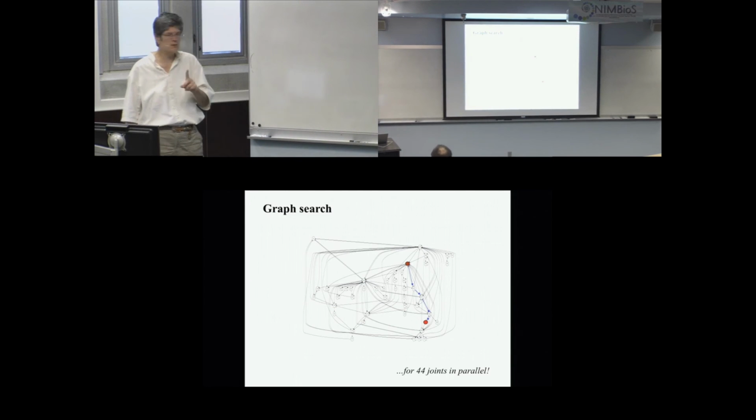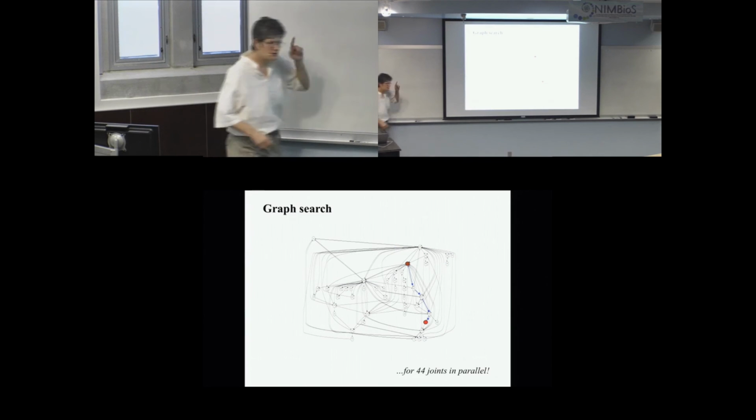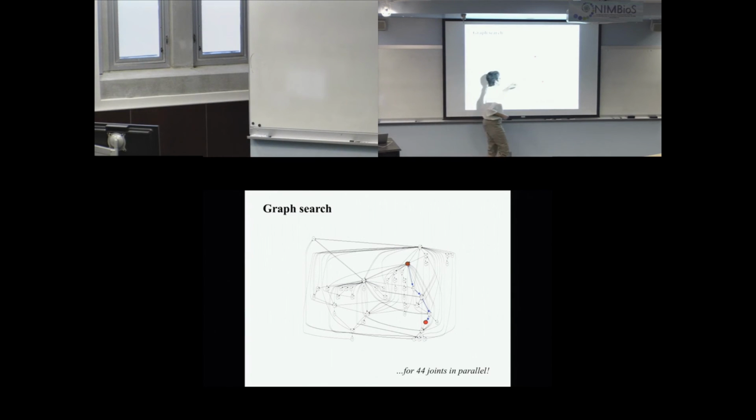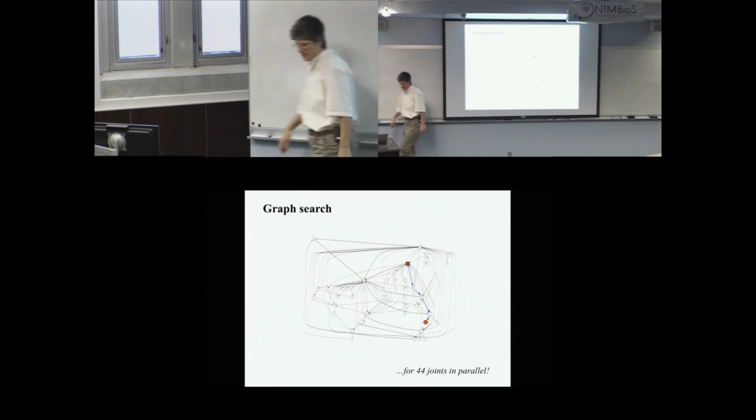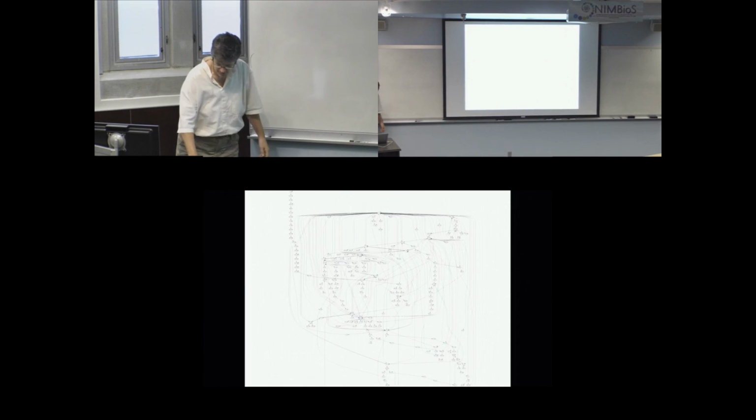It's an NP-hard, super exponential search because it's the longest shortest path search, and this is going to come back: you can't just take the shortest path through the graph for every joint because everybody has to start and end at the same time. And so that might mean that some of the joints you've got to pad the motion. They've got to kind of hang out and do stuff. So you'll see that in some of my examples. And of course, the real graphs are much nastier, which makes things harder.